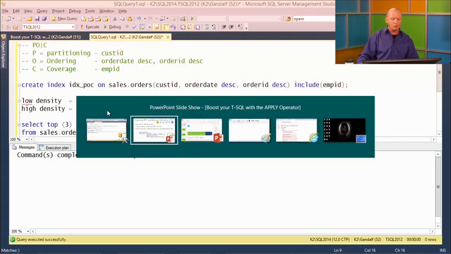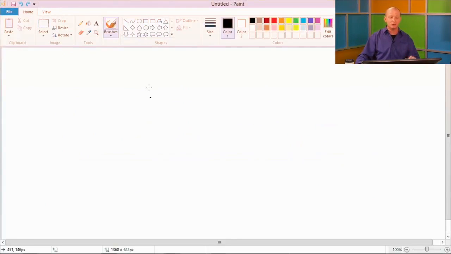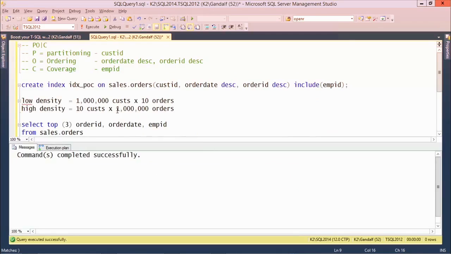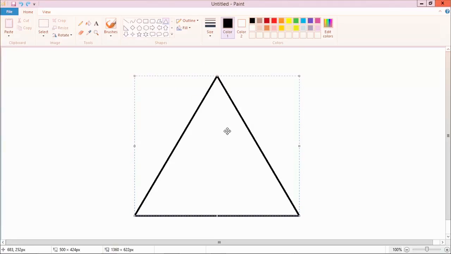So if we take a look visually at how the index is organized, our index will look like this. The row size, I would say, is about, we have 4 columns. There's an integer, date time, integer, and employee ID is integer. We're looking at roughly, I would say, 30 bytes per row. So we can fit somewhere around 300 or so rows per page. And this means that we are looking at roughly 30,000 pages in the leaf level of our index B tree. So let's go ahead and write it down, that we have about 30,000